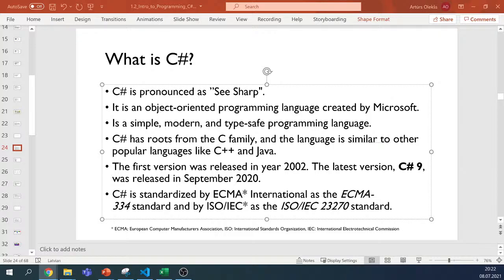And about type safe, that's about data types mostly. Since we haven't really talked about data types yet, maybe you'll understand it a little bit later. Actually, most of the languages now are type safe. This means that we have different types of variables, and we'll talk about types a little bit later. But in general, you may now understand that we have texts, numbers, characters, and other types as well. Basically, type safe means that